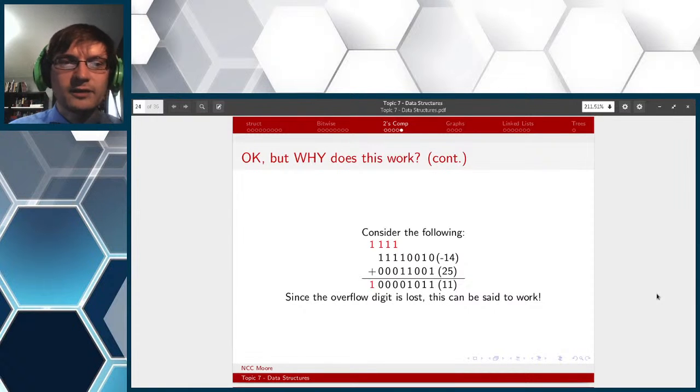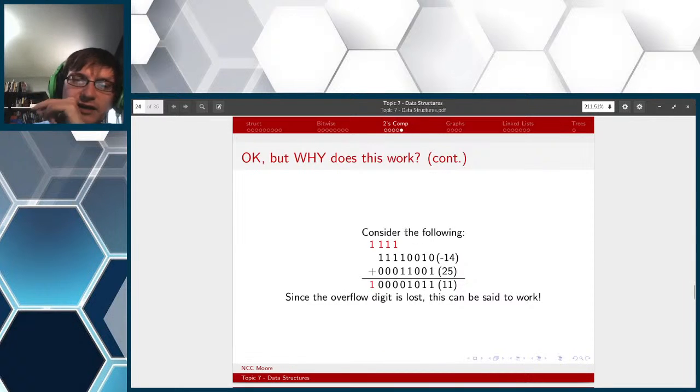So, okay, but why? Consider the following example. If we have the following number, and we're going to keep it to 8 bits because nobody wants all 32 bits of a 32-bit integer on this slide. So we'll keep it to 8 bits. Negative 14 as an 8-bit integer is 11110010, and 25 is